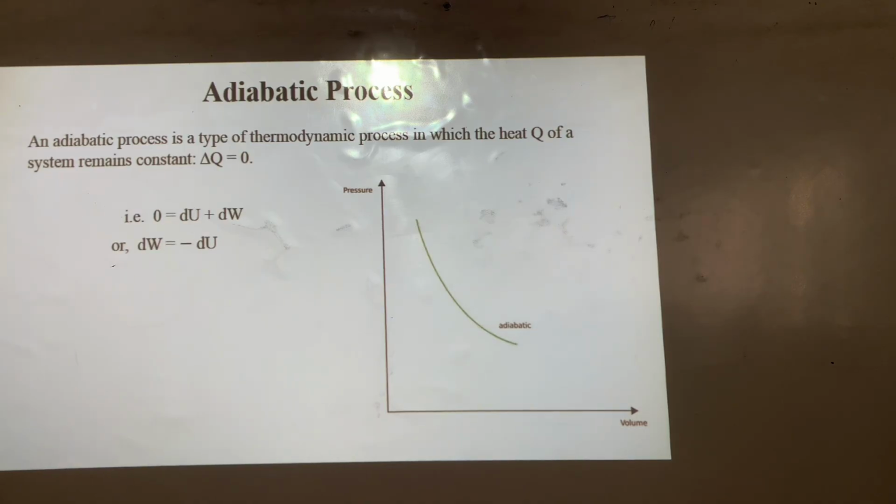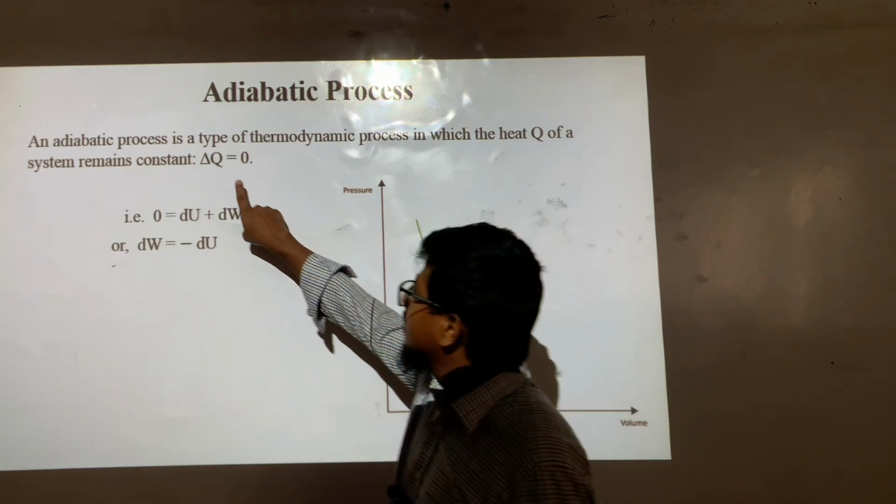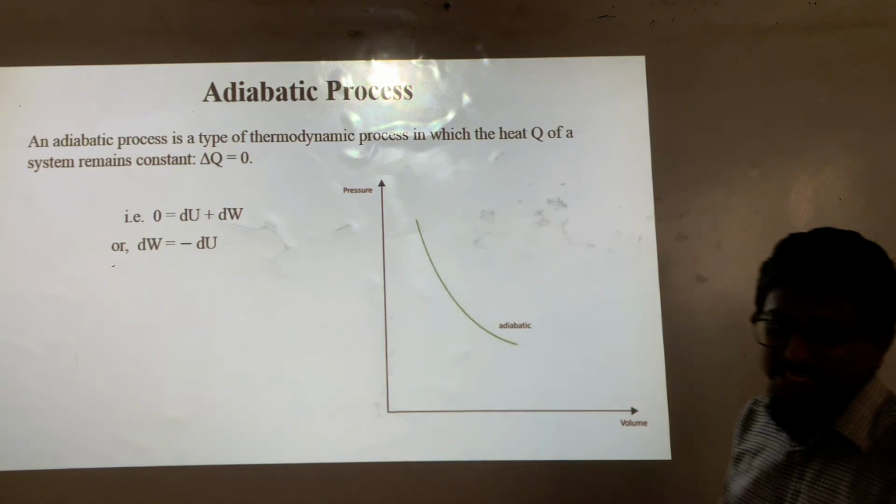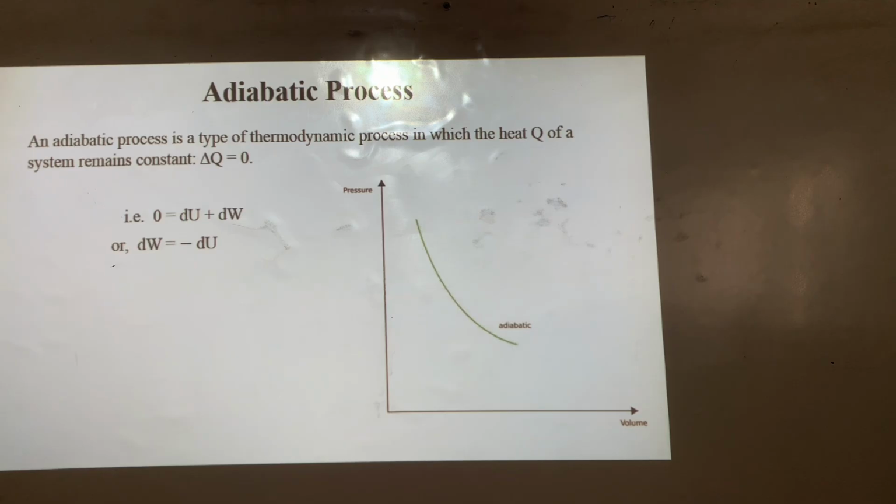Now we will discuss the adiabatic system. We have mentioned earlier that in an adiabatic system heat content is fixed, meaning that Q is fixed, meaning that del Q would be 0. There is no change in heat, meaning that you would not give any heat